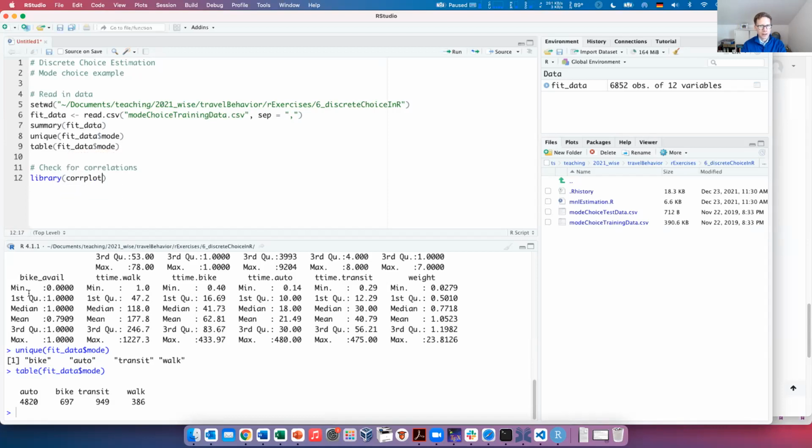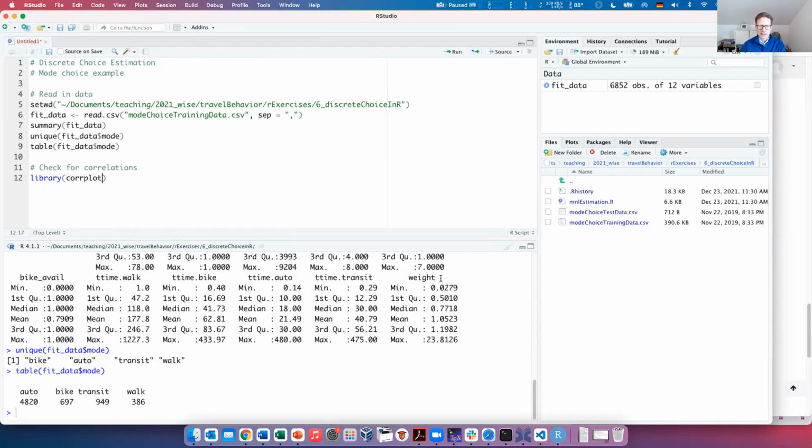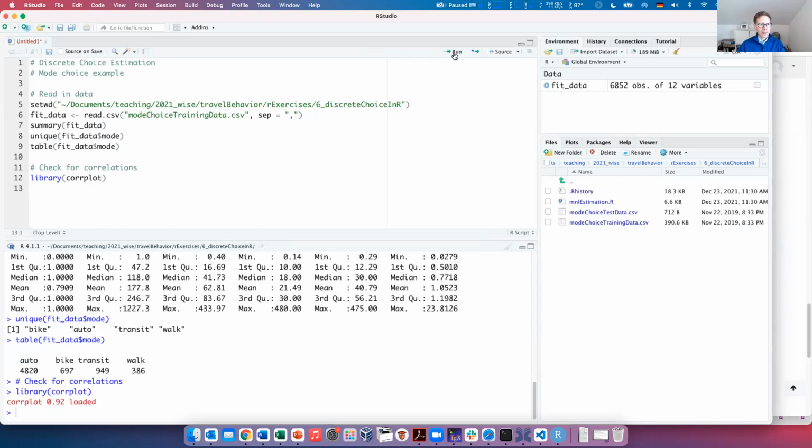So if you have not installed this yet on your computer, you will get an error message when you run this. If you need to install it, you go to Tools, Install Packages. You click on Install Packages, and then you can select here Core Plot. I'm not doing this now because it's installed on my computer, and it should be installed on all of your computers already because we used this method before, this package. So I run this library core plot,